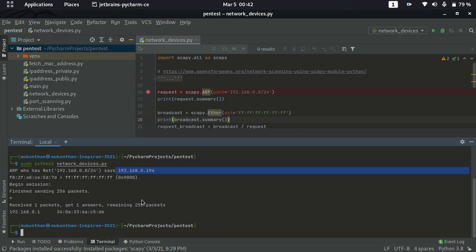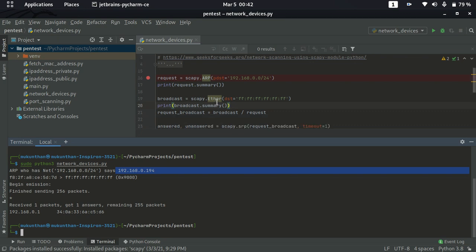We are going to broadcast. So the summary of this one is from the current MAC address I am going to broadcast to the destination MAC address. If you have the destination MAC address FF colon and so on, that means this is a broadcast message. So this is somewhat about either the message or either the request.